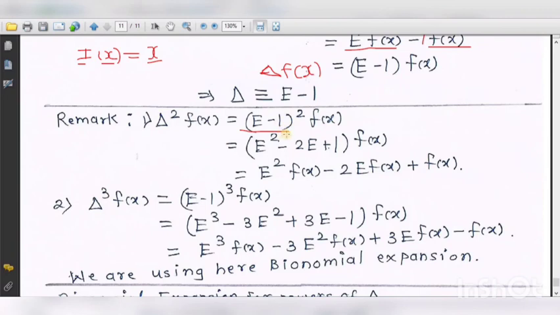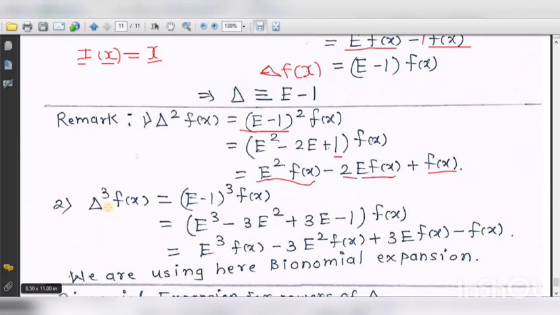The second term is always 1, so we don't have to write any powers of 1, but the sign matters, because when the power of minus 1 is even it will be plus, and when it is odd it will be minus. So here we get minus 1 raised to 1, which is minus, so it is minus 2. Then minus 1 square is plus 1. Then operate it: E square on f(x), and we know how to find the value of E square. Then 2, taking this constant common, E on f(x), and 1 operated on f(x) is the function itself.